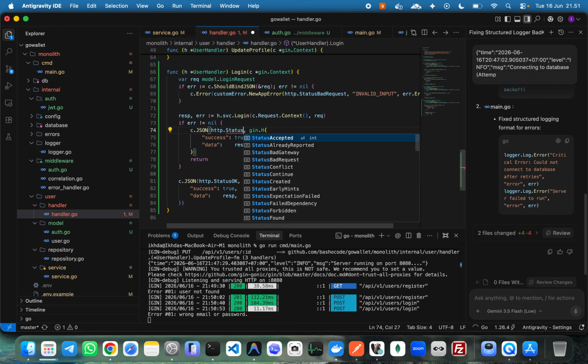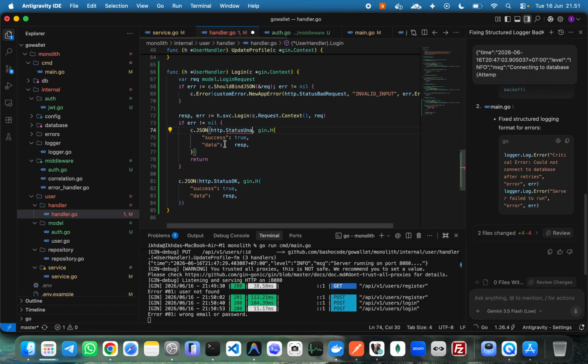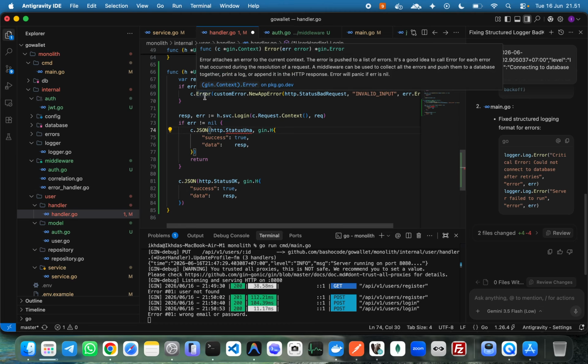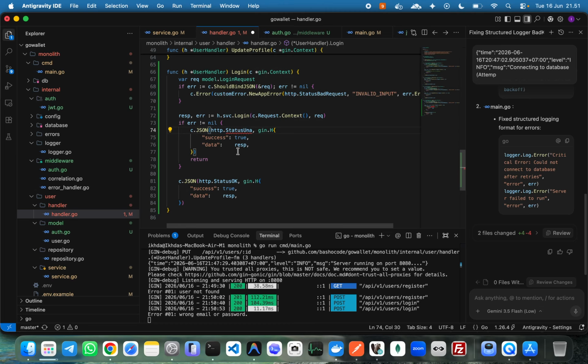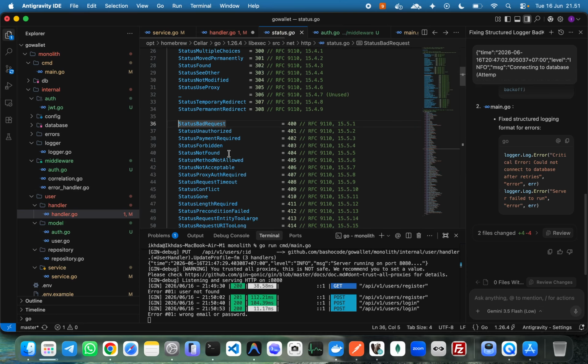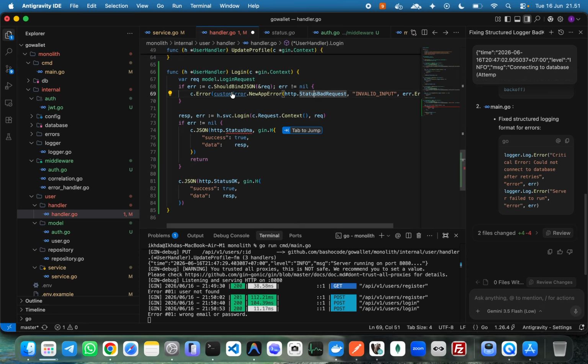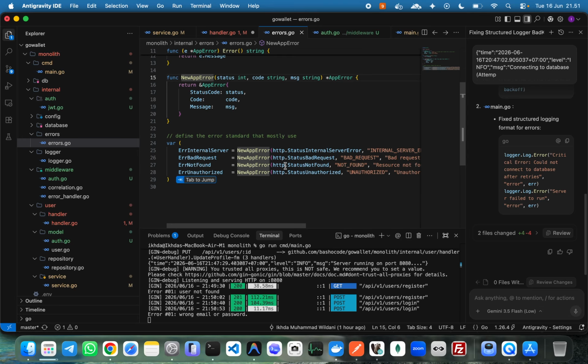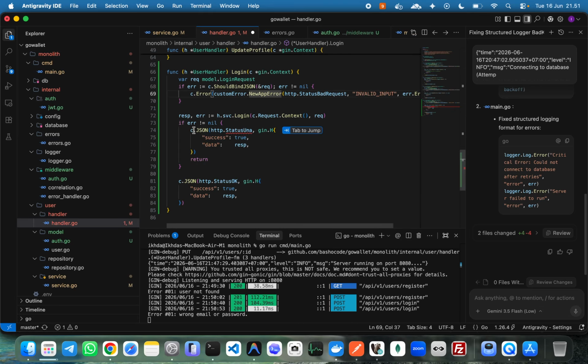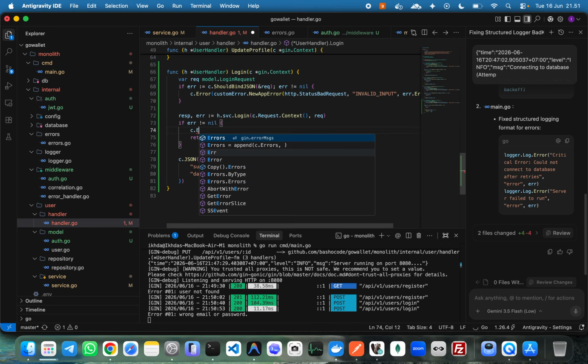HTTP status unauthorized, I think unauthorized. Custom error, see error, custom error, authorized, should be HTTP new app error. We have unauthorized, right? Error unauthorized. Okay, I think just see that error,